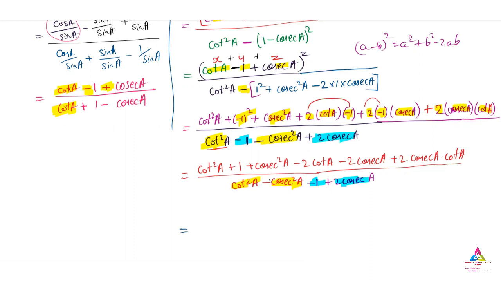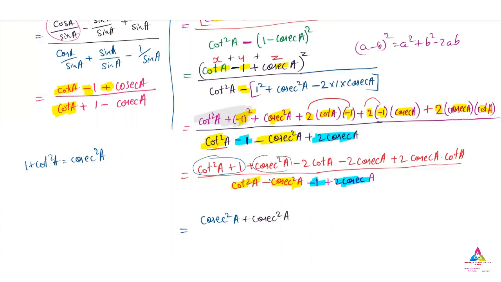Do you know what is cot square A plus 1? What is cot square A plus 1 here? Yes, it is nothing but cosecant square A, identity 3. So you know the identity 1 plus cot square A is equal to cosecant square A. So we applied that identity and we got cosecant square A. So again we have cosecant square A here, that I will write as it is. I will not make any changes in that. Cosecant square A I have written as it is.